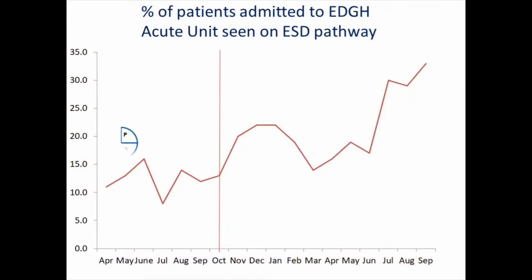So really, there were two stages to the project, and the first stage was to see what we could do internally. So what we could change in terms of how we could make the process smoother. So we looked at the barriers. We did a PDSA model in terms of the community teams reaching into the acute to get to know the patients better and to see if there were any ways that we could manage patients differently, and that did have initial effects. And then we saw a good upturn